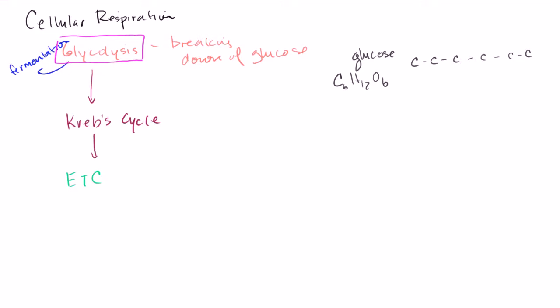Now, there are 2 important phases of glycolysis that are good to know. One I call the investment phase, and the investment phase actually uses 2 ATPs. So, the whole purpose of cellular respiration was to generate ATPs, but right from the get-go, I actually have to use 2 ATPs. But I use 2 ATPs, and I'm going to essentially break up the glucose into 2 3-carbon